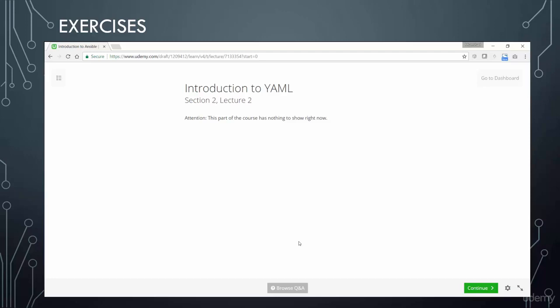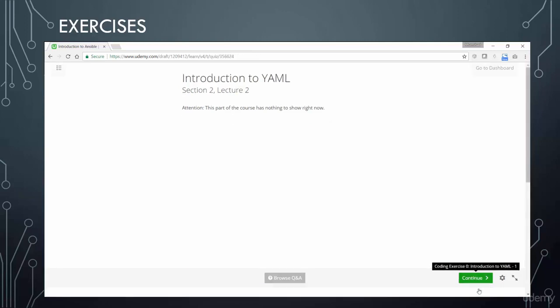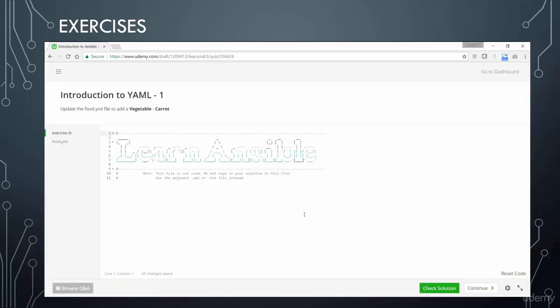Before heading into exercises, let me give you a brief idea on how the coding exercises work in this course. And this is the same way it works for the rest of the course. So it's good to have an idea on how to work with the coding exercises. So at the end of this video, on clicking the continue button, you will be automatically taken to the coding